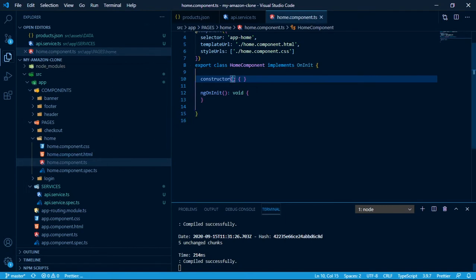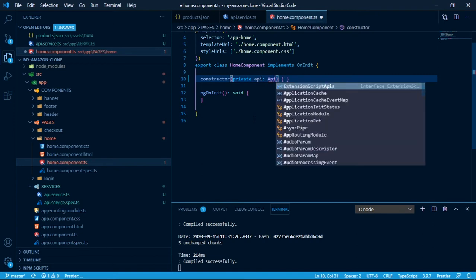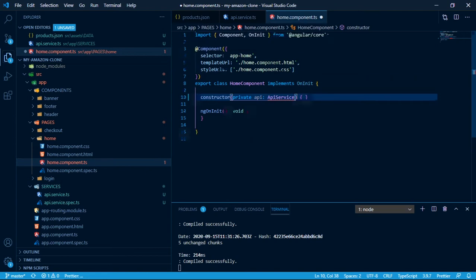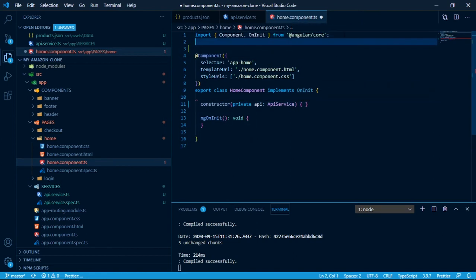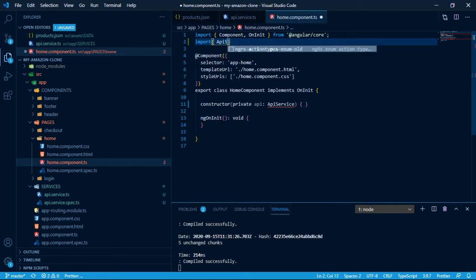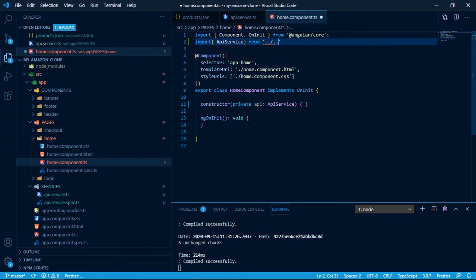Now to do that, we need to declare it again. We just declare it and call it API, and now actually import the service. And now to import API service from, to go a bit higher, services, API service. Now when we have that,